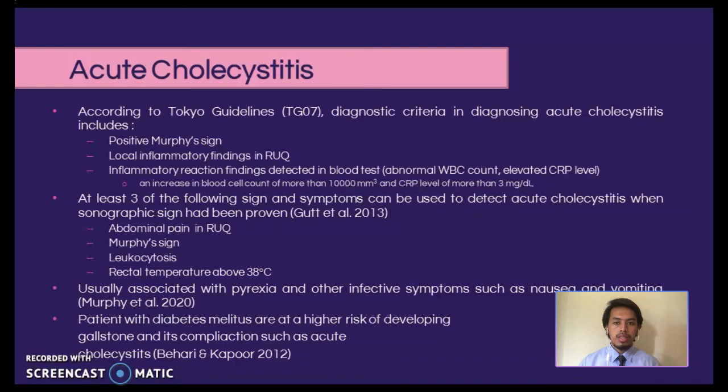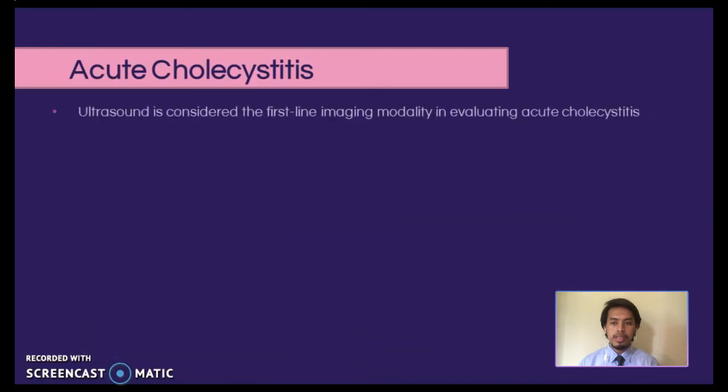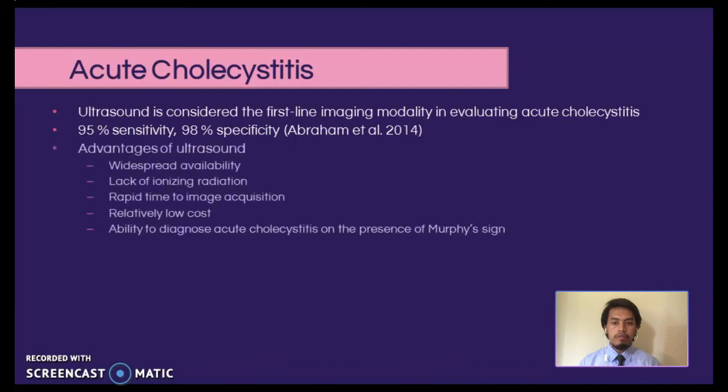Moreover, ultrasound is the initial imaging modality of choice when acute cholecystitis is suspected clinically. Ultrasound has 95% sensitivity and 98% specificity in detecting acute cholecystitis. The advantages include its widespread availability, lack of ionizing radiation, rapid time to image acquisition, and relatively low cost. Another advantage of ultrasound is its ability to diagnose acute cholecystitis on the basis of the presence of the Murphy